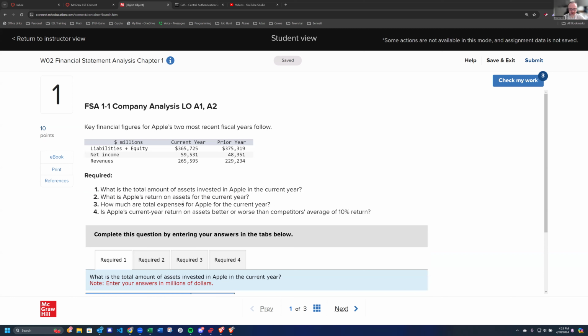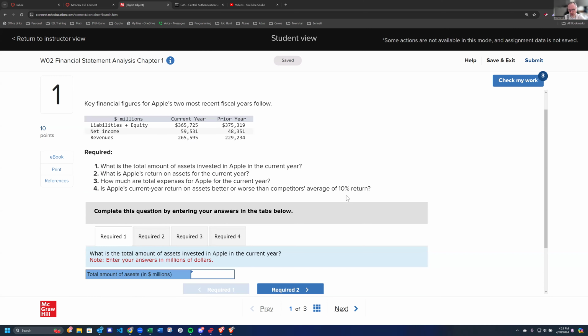And I'm going to do this in the student view so that we can check our work, see if there's any problems, because sometimes even I make mistakes. I transpose numbers, I get things confused in my head, I misread the problem. There's lots of potential problems with solving a problem. And so I'm going to walk through this in the student view so that you can see